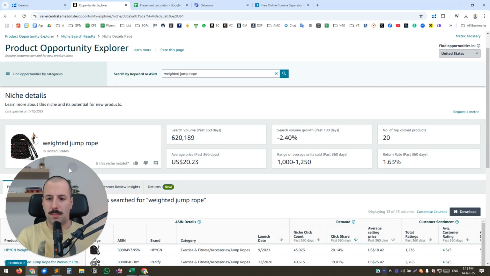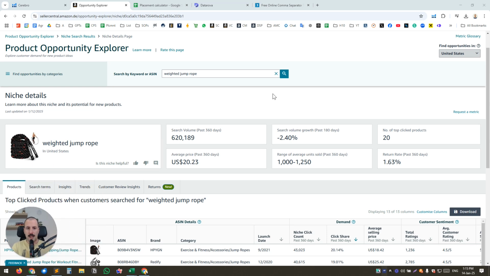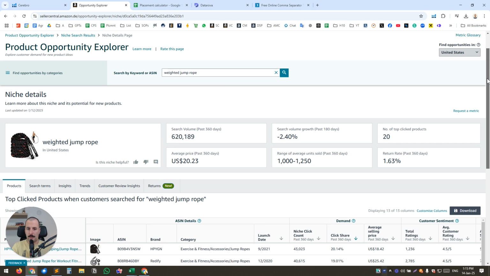So let's navigate to Product Opportunity Explorer, and for this example I use the keyword weighted jump rope. Just make sure to select the proper marketplace here, because you cannot go back and change your marketplace once you start to dig into the data. So I've chosen United States, or whatever your marketplace is. Once you type that and hit search, you will be presented with niche details with a lot of useful information, but I'm gonna stick just to the topic right now, and feel free to explore the Product Opportunity Explorer